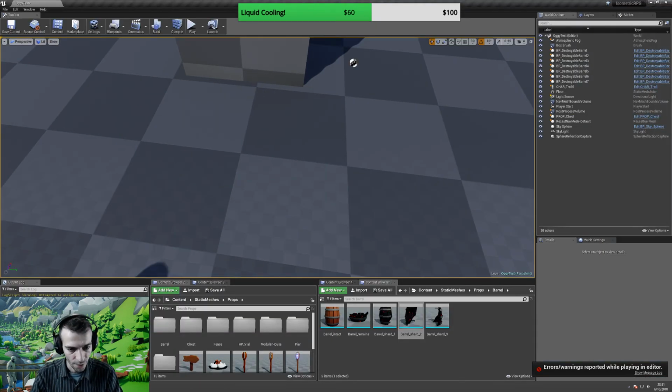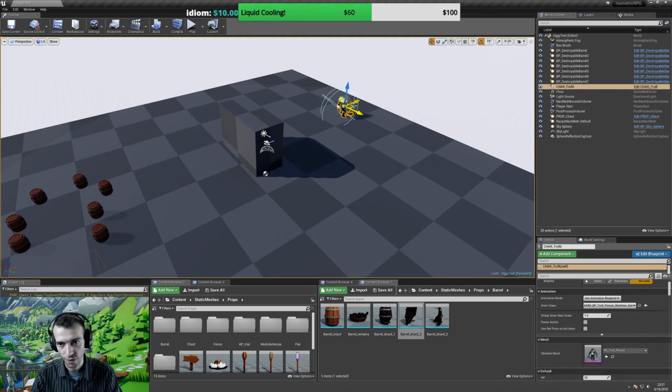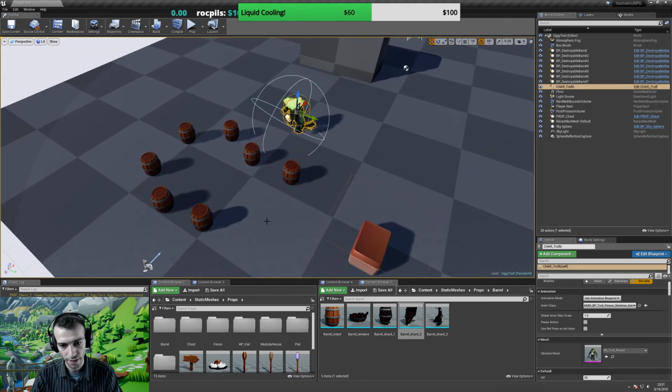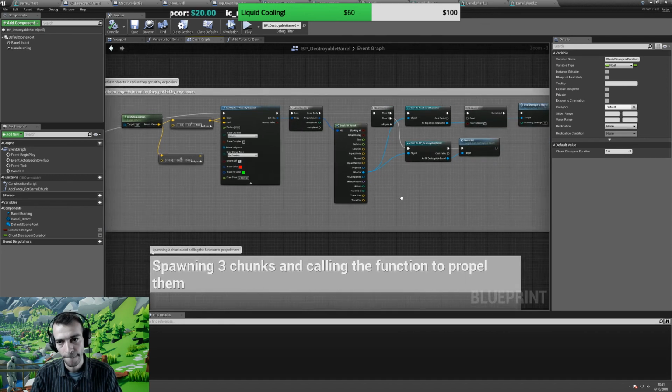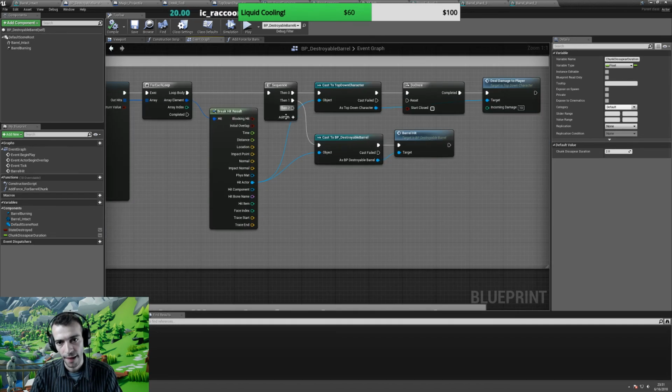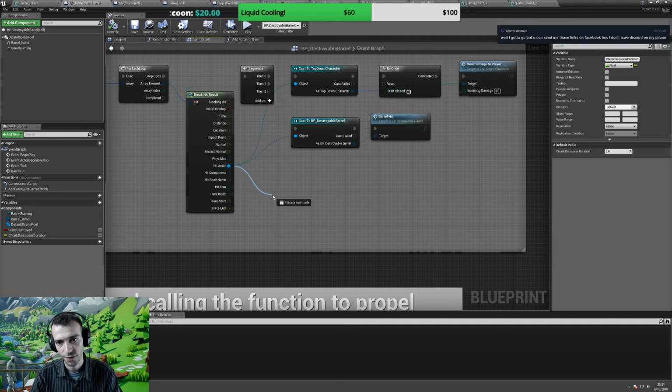Okay, one more thing. Let's deal damage to the troll. So in the destroyable barrel, I will also cast the hit actor to,